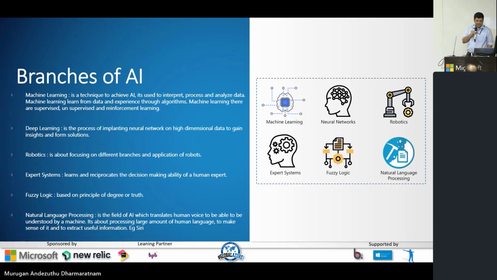And let's talk about natural language processing. Natural language processing is all about speech, vision, converting, extracting information and making use of it. One example would be Siri or Google. You can just speak to Google, right? So what happens is your voice is converted into text. The text is processed again.